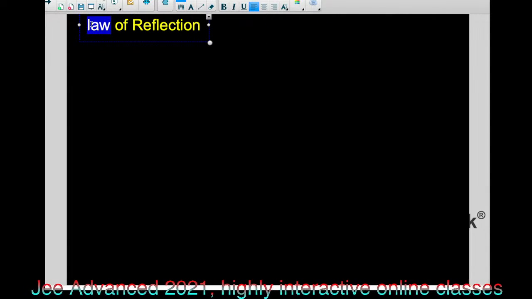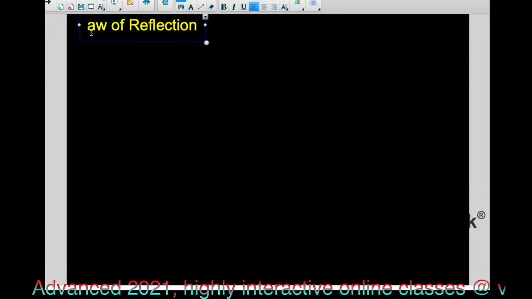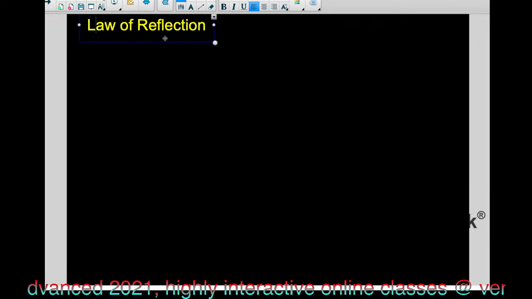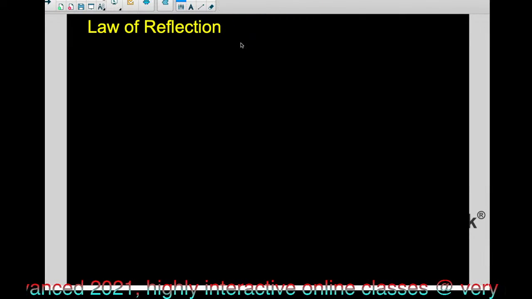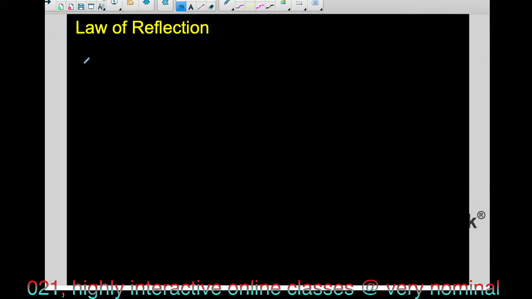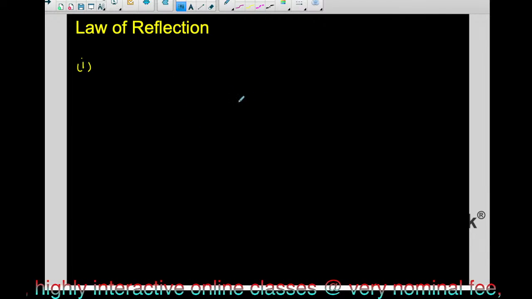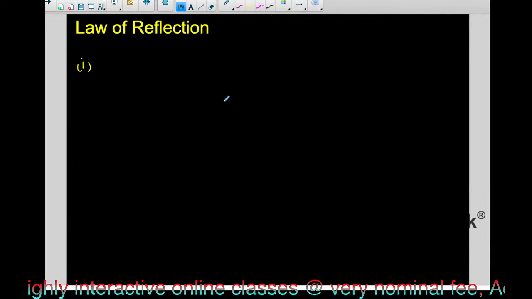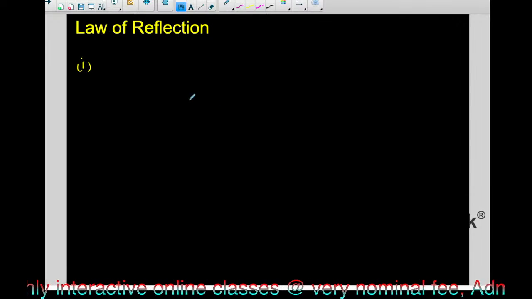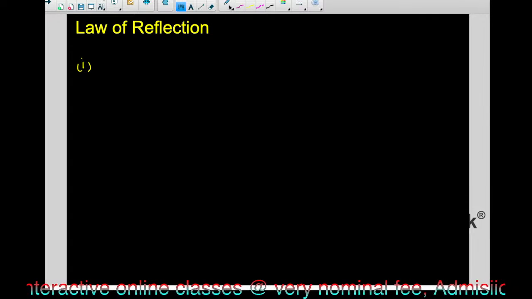क्लास 12 में लॉ ऑफ रिफ्लेक्शन बदलेगा थोड़ी भाई, लॉ ऑफ रिफ्लेक्शन तो वही रहेगा, ठीक है। तो देखिए भाई, लॉ ऑफ रिफ्लेक्शन वही रहेगा। तो फर्स्ट इसमें टू जो लॉज रहते हैं न्यूटन साहब के, वही हैं। फर्स्ट लॉ क्या है? द इंसिडेंट रे, रिफ्लेक्टेड रे एंड द नॉर्मल एट द पॉइंट ऑफ इंसिडेंट लाई ऑन द सेम प्लेन। यही चीज क्लास 6 से पढ़ते आ रहे हैं, तो ऐसे ही पढ़ा है।